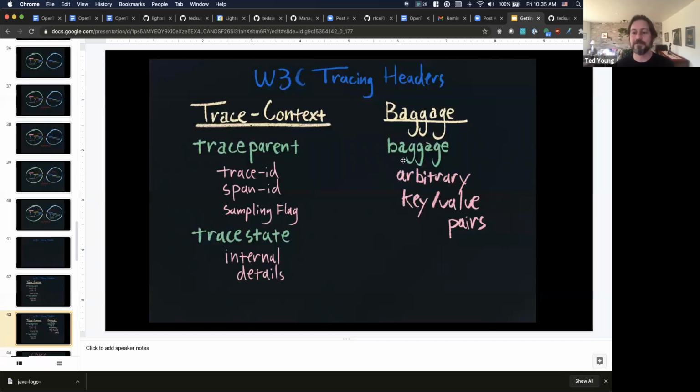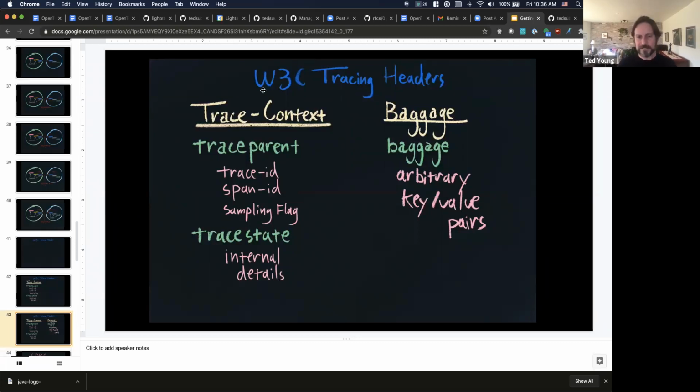But with baggage, you can just put any key value pair into the baggage and then pull it off downstream. Obviously, there's some overhead with doing this. But again, if you're a Go programmer, think about taking your Go context and now you have a distributed context. So let's say you want to index something downstream with a project ID, but it's expensive to grab that project ID on every service. But you did grab it once upstream. So rather than making a bunch of database calls later to go grab this project ID so you can use it as an index,